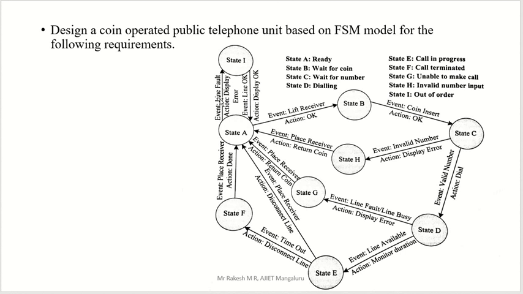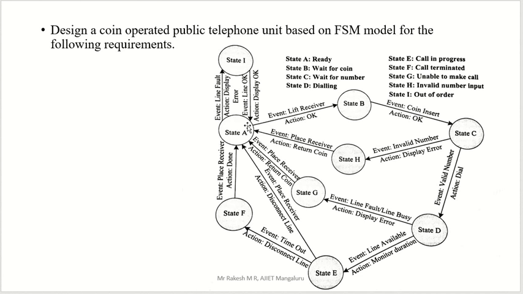But one thing here, line fault means here we have line fault, and in this case also we have line fault. Line fault means after dialing, here it is waiting for a number, then after waiting for the number we have dialing. When he is dialing, whether your line is busy or faulty is another matter. But before taking the receiver itself, if there is any line fault, then in the display you will get a line fault or display error problem, then it goes to out of order.